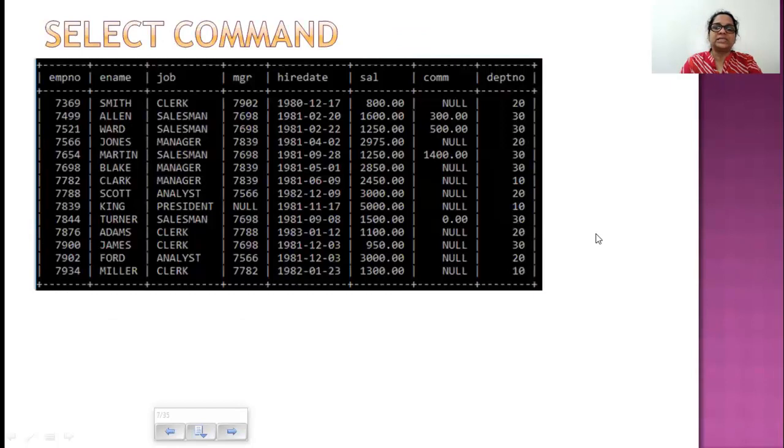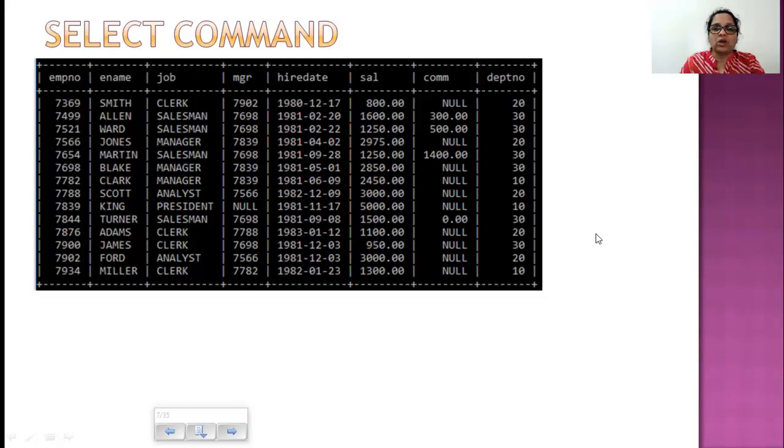Let's assume this is the table that we are going to refer to for all our commands. This is the basic EMP table. Even if you go online and search for an EMP table, this is what you are going to get. So let's assume this is an EMP table that is already existing in MySQL. The name of the table is EMP, and the columns that it has are EMPNO, ename, job, MGR, hire date, SAL, COMM, and DEPTNO.